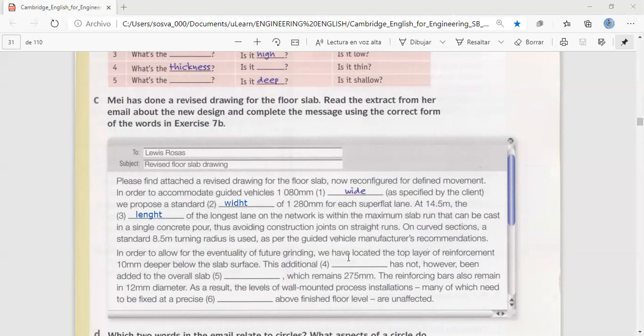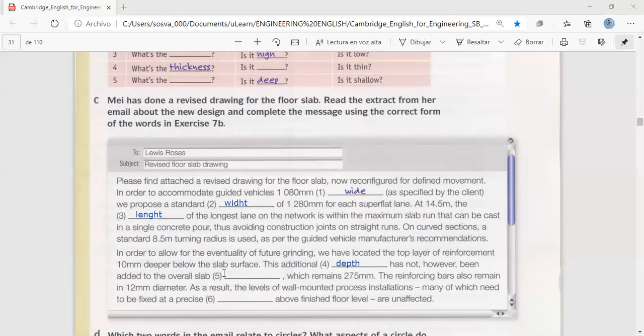In order to allow for the eventuality of future grinding, we have located the top layer of reinforcement 10 millimeters deeper below the slab surface. This additional, if I was talking about deeper, is depth. Depth, exactly. Depth has not, however, been added to